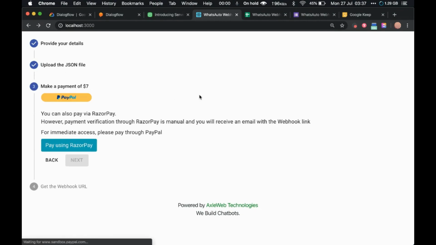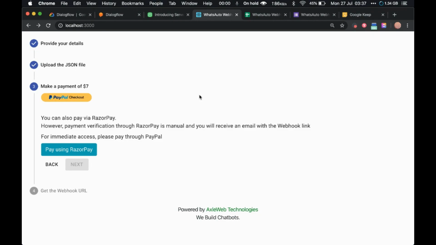Now you will see that I have added a paywall here. Yes, so you can imagine I have already spent a lot of time creating this tool and this solution.